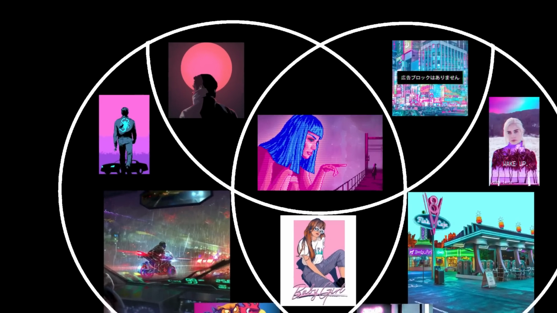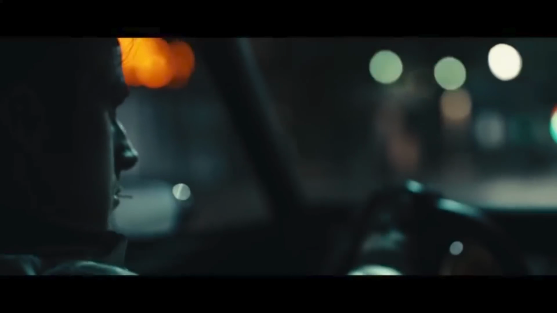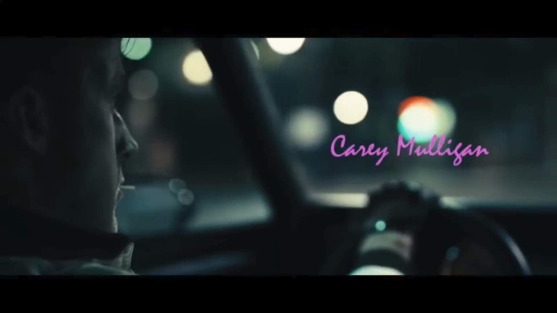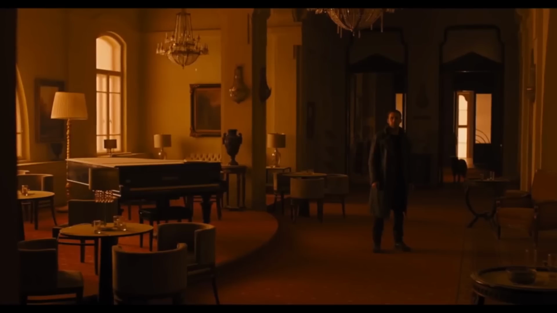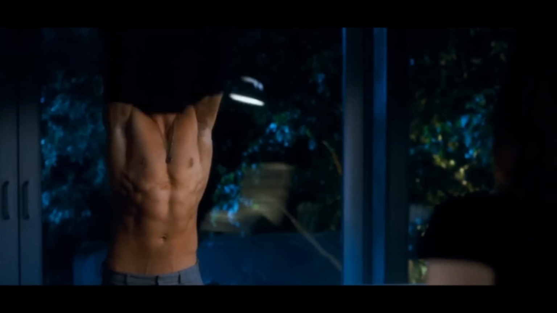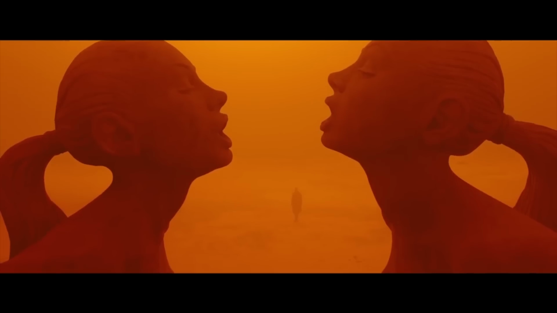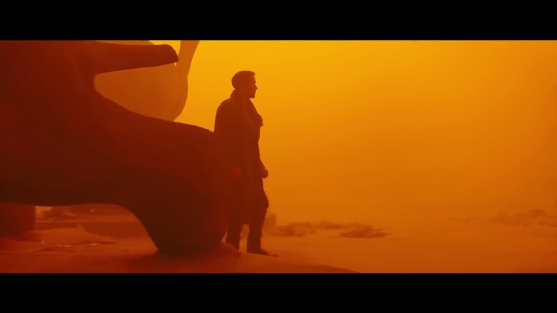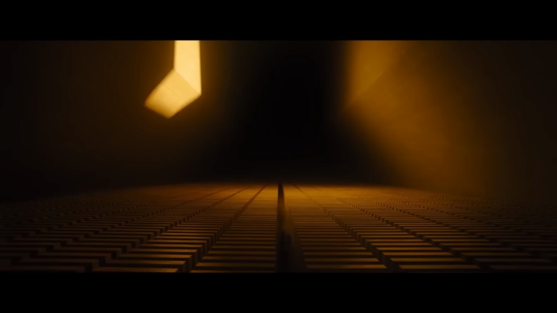Okay, so we'll kick off with the top left here, and as you can see, if Ryan Gosling is involved, then you're most likely looking at Outrun. If he's not driving a car late at night in LA or beating up Asians in a dimly lit Bangkok, then it's probably hunting down Harrison Ford in this neon futuristic utopia. So to make it brief, if you see this handsome boy, then you're probably looking at Outrun. I mean, maybe a couple of shots in Blade Runner 2049 can be called Vaporwave, but that's only a small percentage, so we're not going to be discussing that.